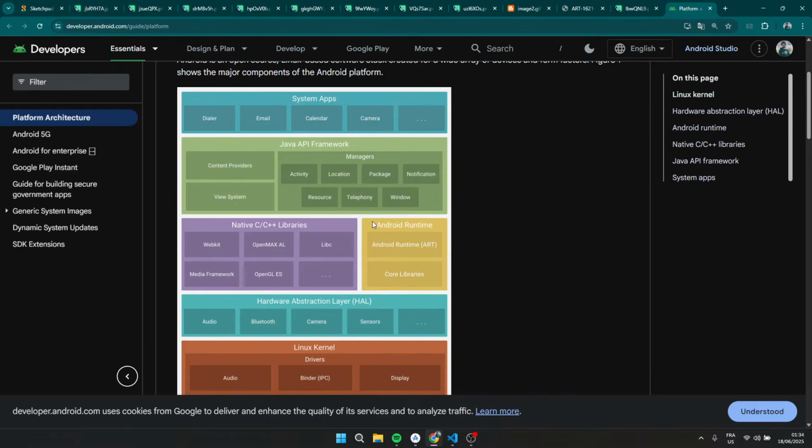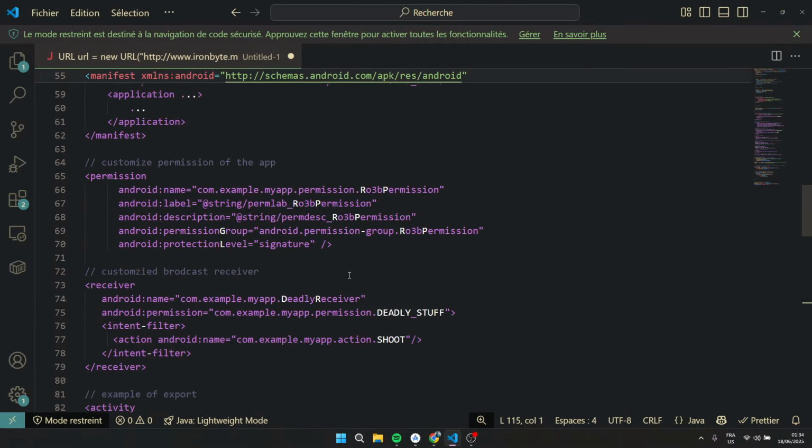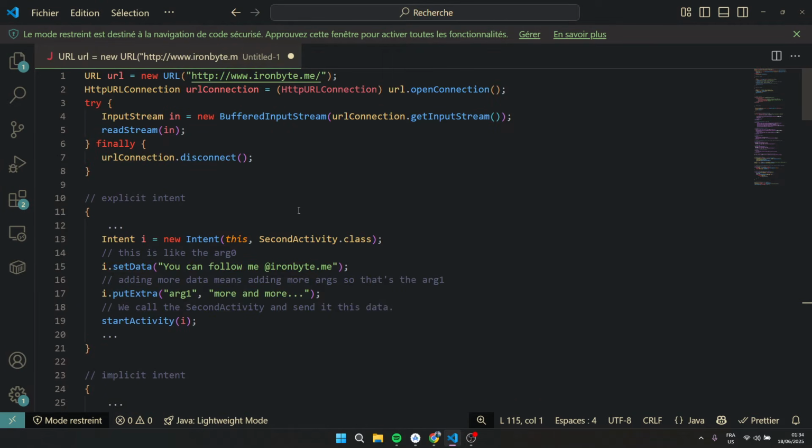So okay, there is a good example of how we can use a Java API inside of your code. Let's say you want to connect to a website using your Android application. To do that, you can just type in a URL.